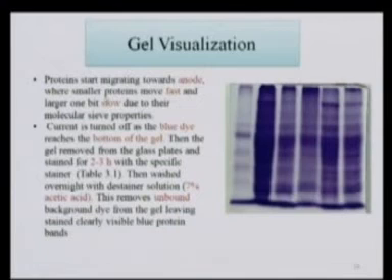So far we have discussed how to set up the apparatus and how to run the gel. Now let us see how to visualize the protein present in the gel. The proteins start migrating towards the anode, and the smaller proteins will move fast, whereas the larger ones will move slowly. As we said, there is a limiting factor in this electrophoresis, that is the size. Apart from charge, size is also a limiting factor. That's why smaller ones will reach the bottom earlier, whereas the larger ones will come later.